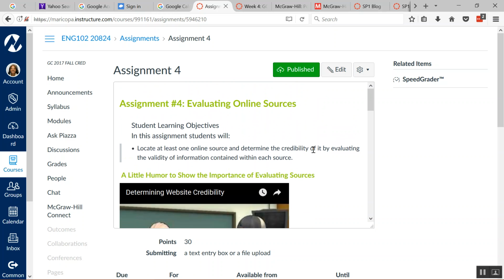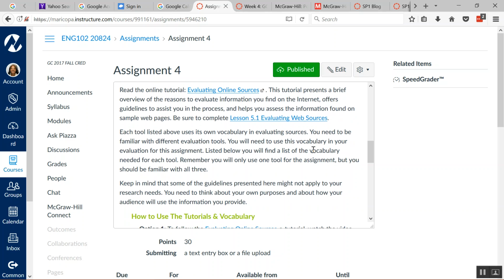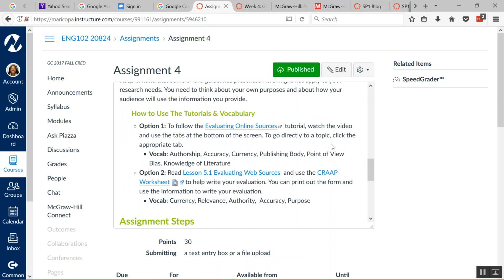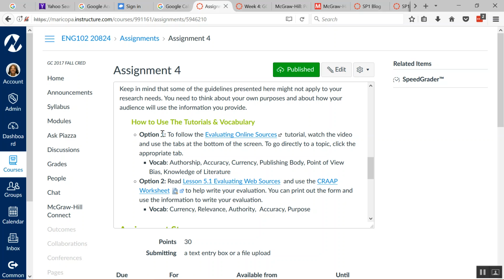Okay, so assignment number 4, evaluating online sources. So a couple of things. You want to make sure that you read the lessons in the handout that I gave you first before you do this assignment. And then you have 2 options. Option 1 is you can follow the Evaluating Online Sources tutorial, okay? Or you can use option 2,